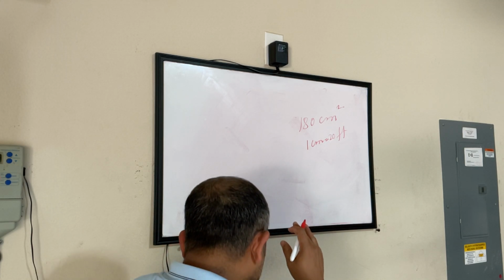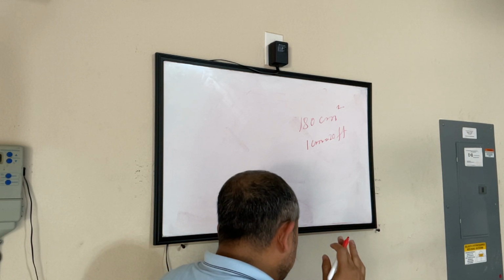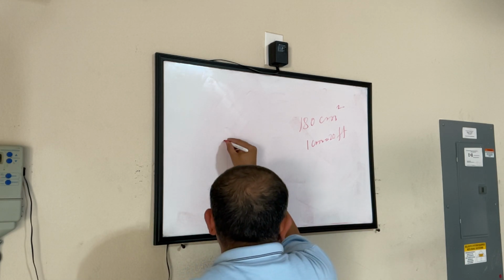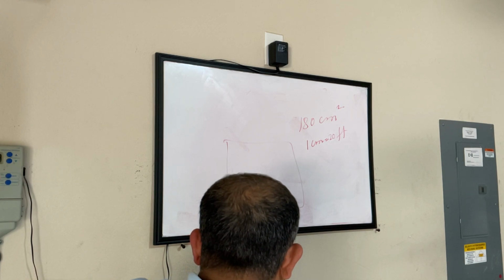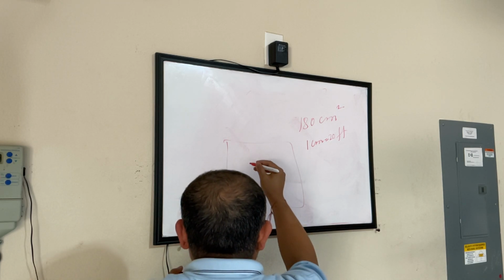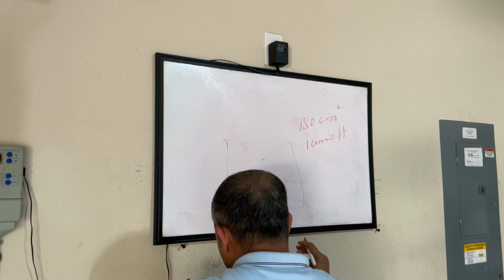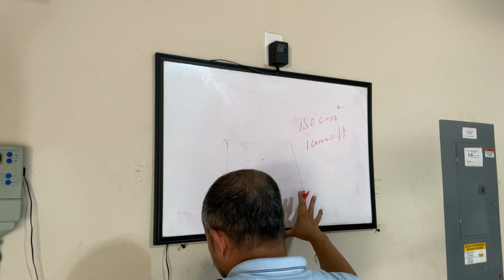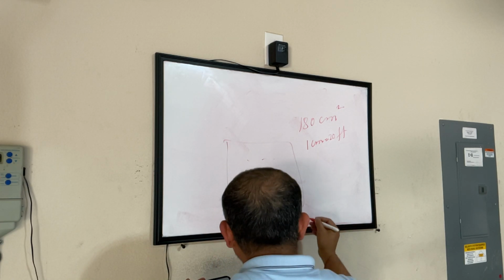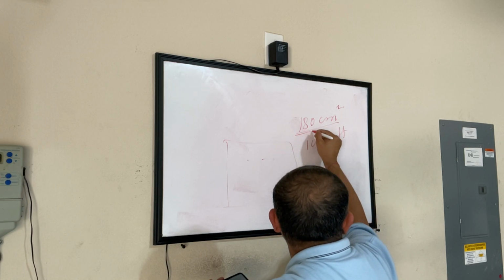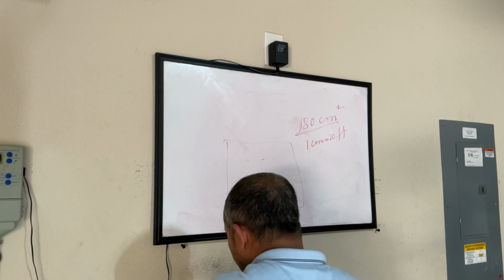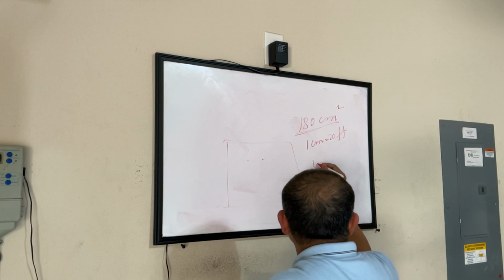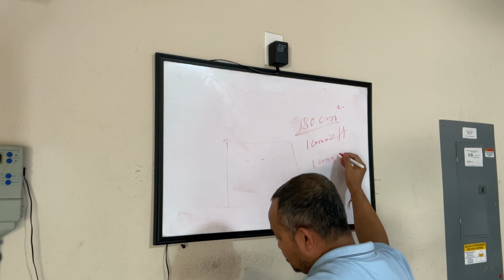Now let me repeat the question. Erika plans to purchase seed to plant grass in a large field. Let's say this is a field. I don't know whether this is a square, rectangle, whatever. Plans to purchase seed to plant grass in the field, okay? She has a map of the region and calculates the area of the region on paper to be 180 centimeters square. This is the area that she has found out. The scale on the map shows that 1 centimeter equals 20 feet.